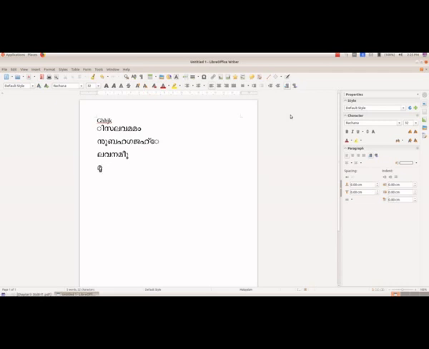So like this, we will see how we can type using the keyboard. We will be typing the Malayalam letters instead of the English letters.